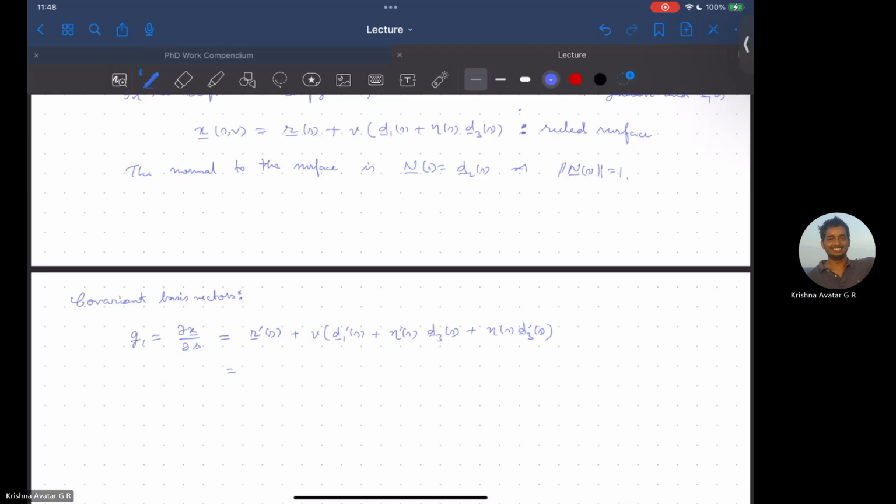So r prime of s will be d3 prime of s plus v minus kappa 2 of s d3 of s, d2 of s, and plus v eta prime d3 of s plus v eta of s minus kappa 1 of s d2 of s plus